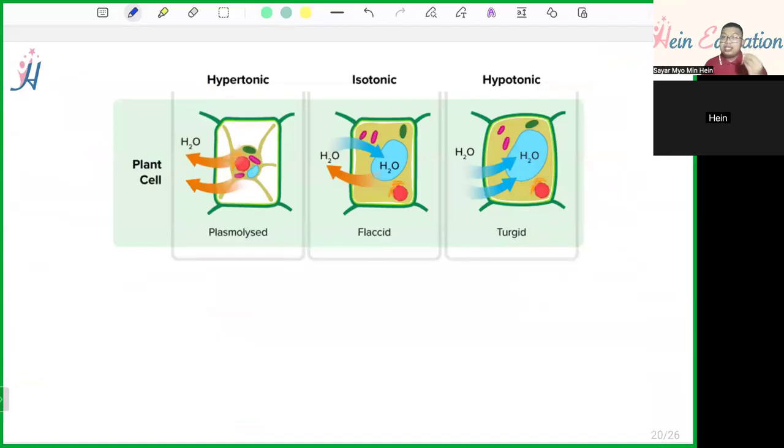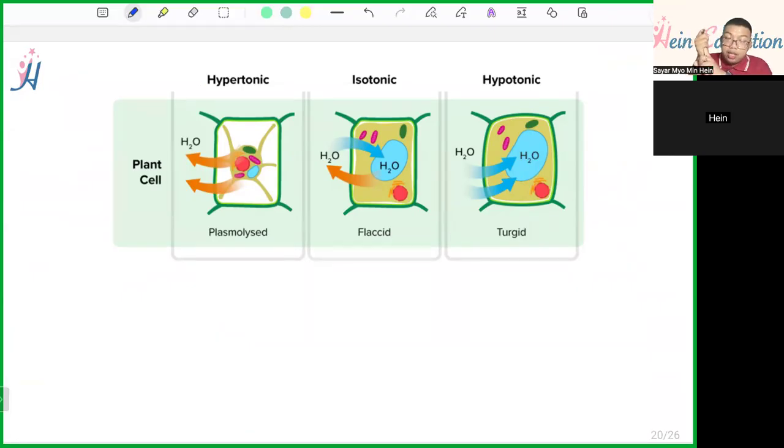So it would be the same scenario for the isotonic solution because they may have a similar concentration. But when we put them into distilled water, they will not burst out. They still swell up. They will still be turgid, but they will not burst out because they have a cell wall which can maintain